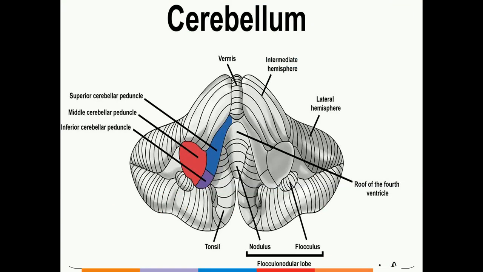This is the structure of the cerebellum, where you can see two different halves. The cerebellum has a right half and a left half. In the midline, both these hemispheres are connected by a small structure called the vermis, and each side gets subdivided into a lateral hemisphere, an intermediate and a medial hemisphere.